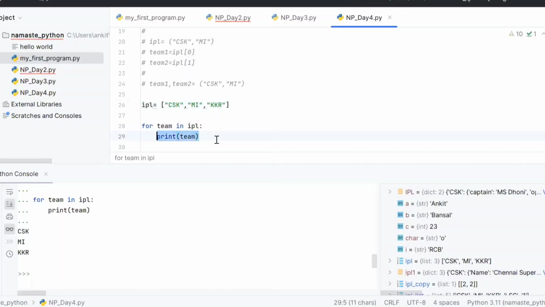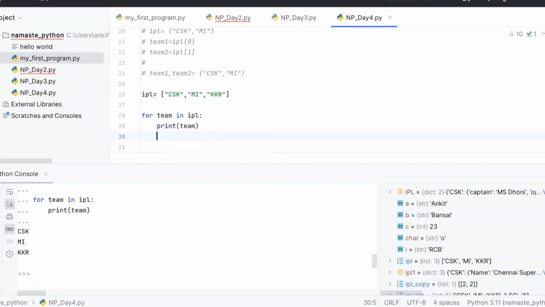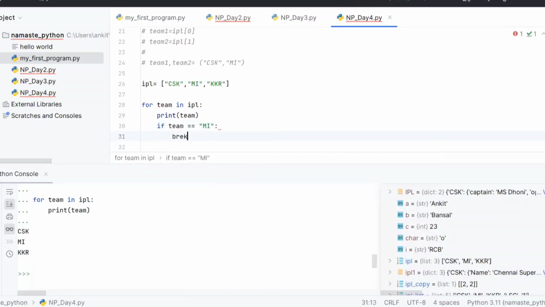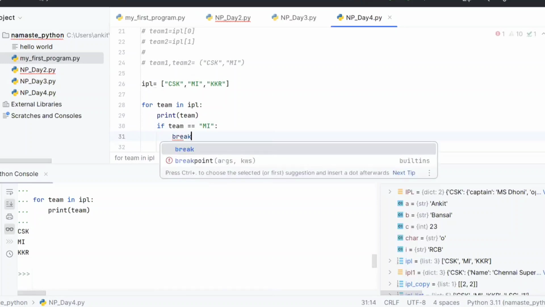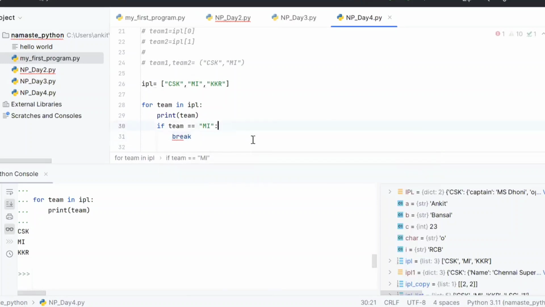What I can say is print team, and then I say if team equal to MI, then I will say break. So what it will do, it will go to the first element CSK and print team.